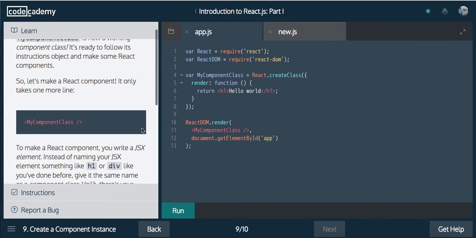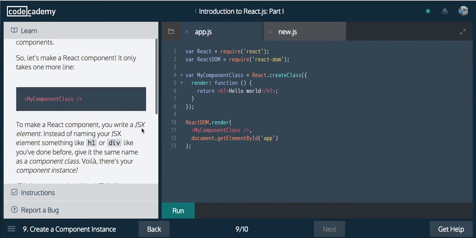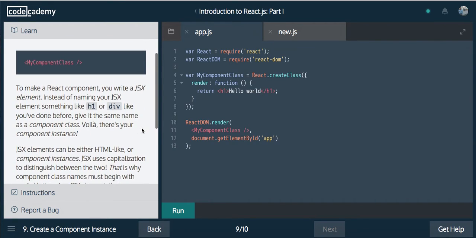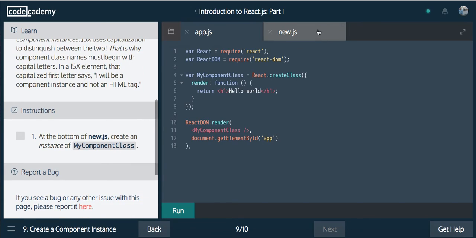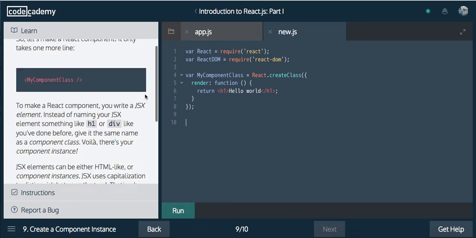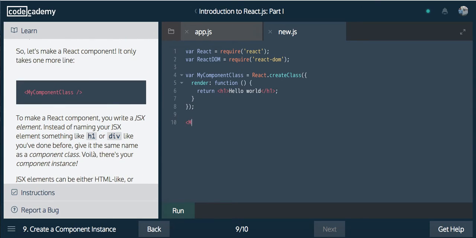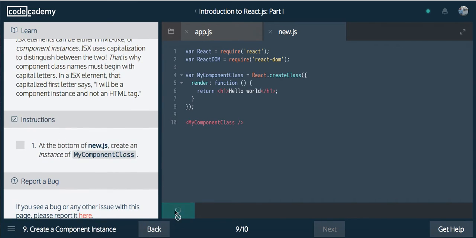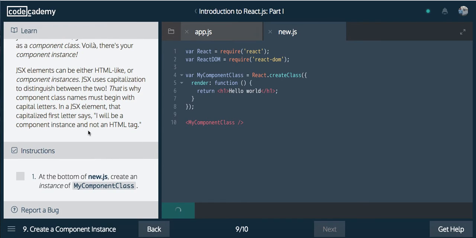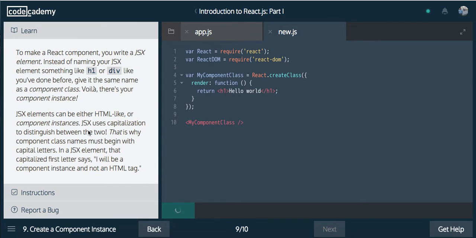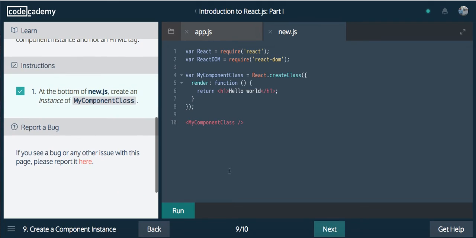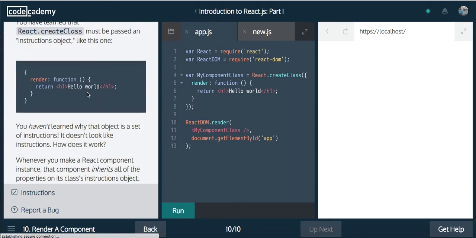It is ready to follow its instructions object and make some React components. Only takes one more line. My component class at the bottom of new.js. Create an instance of my component class. So we'll just say my component class. Let's run that. All right, cool. You have learned